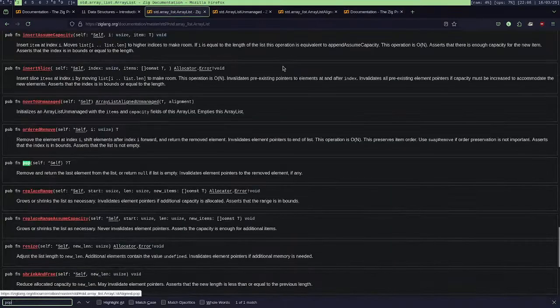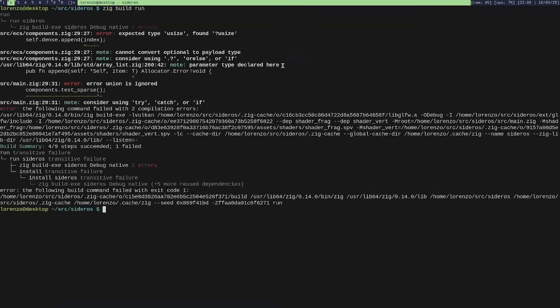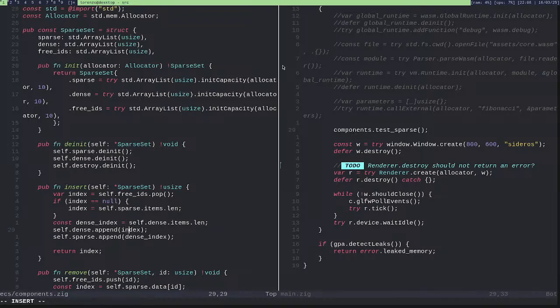What does pop return? Okay, so I can just do the other way around. Free IDs dot pop, and if index is null, then this will be self.sparse.items.len. Okay. And here.